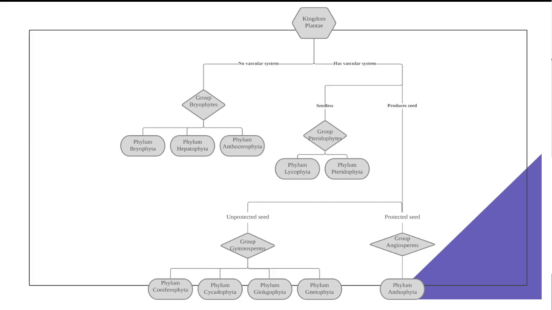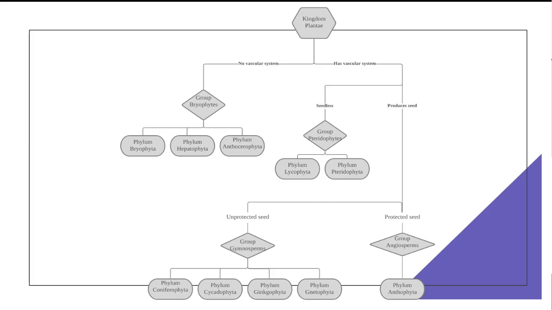If your plant does have a vascular system, then we go to the next branch and see whether it is seedless or it produces seed. If it does not produce a seed, it is seedless and it goes under group Pteridophytes, and that is divided into phylum Lycophyta and phylum Pteridophyta. If it does produce seed, then we look at if that seed is unprotected, or naked, or not enclosed by ovary. So if it is unprotected, that is under group Gymnosperms, and group Gymnosperms can be further classified into 4